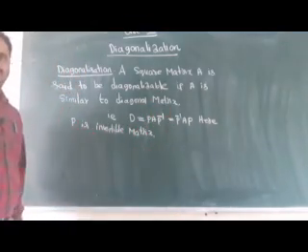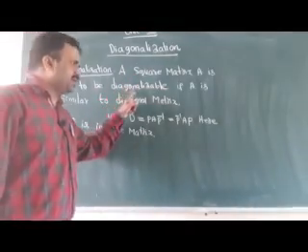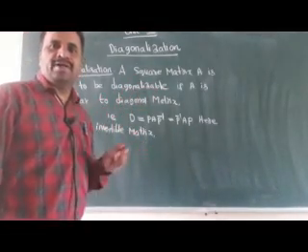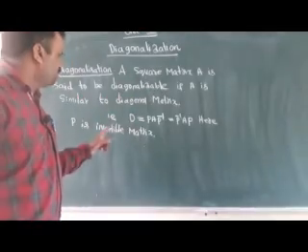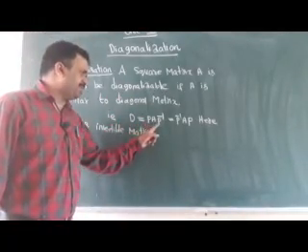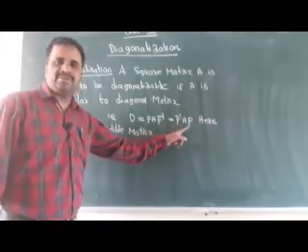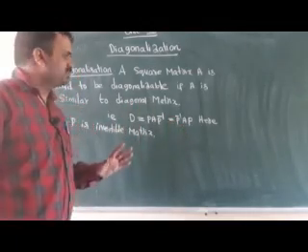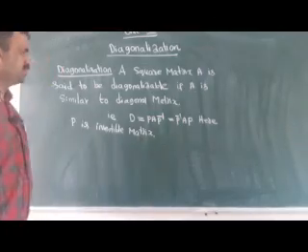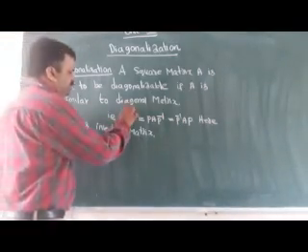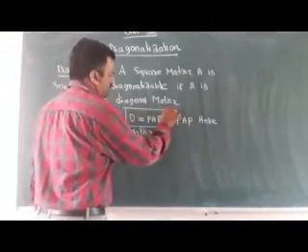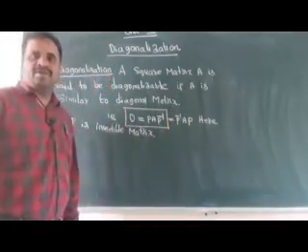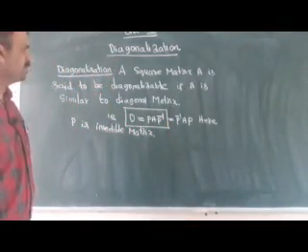So once here see, a square matrix A is said to be diagonalizable if it is similar to a diagonal matrix. What are the conditions? D equal to P inverse A P. Of course, here P is an invertible matrix. Just copy it. You just have to satisfy this condition. Then we say A is diagonalizable to the diagonal matrix D.